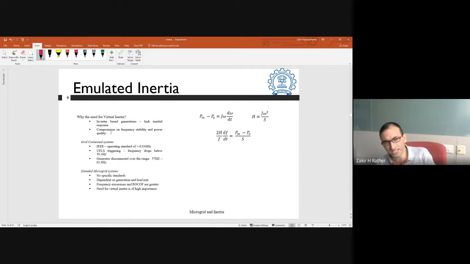So what is emulated inertia? What is virtual inertia? It is a kind of forced fast response on the inverter interfaced generation source, to provide fast active power response to the grid. Similar, but it is not going to be identical. That's why I'm using the word similar to the synchronous machines. It means if a wind or solar PV plant is generating power,